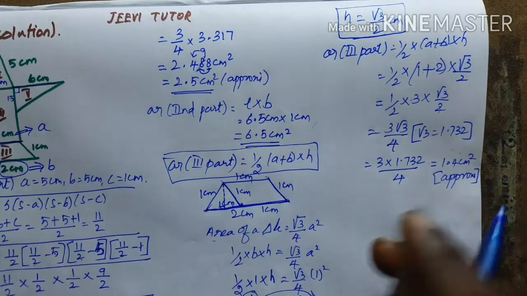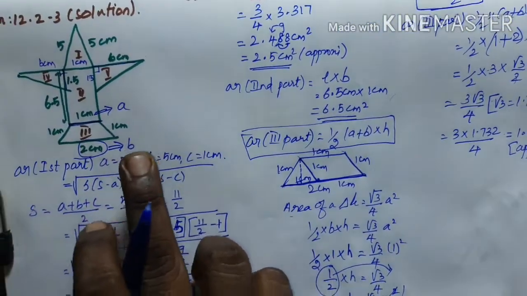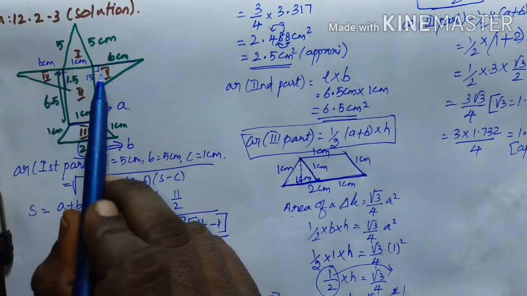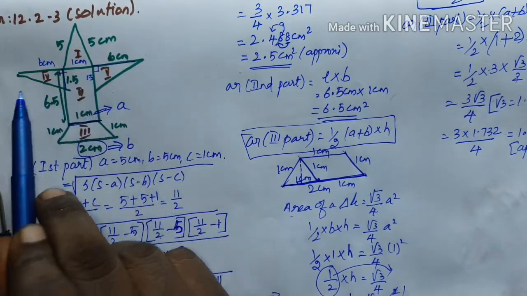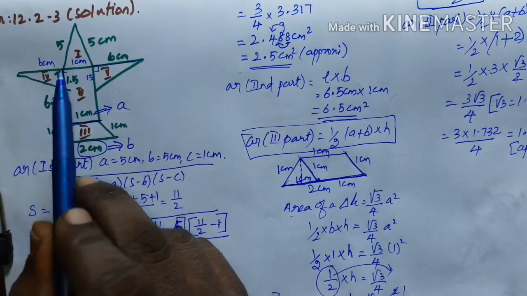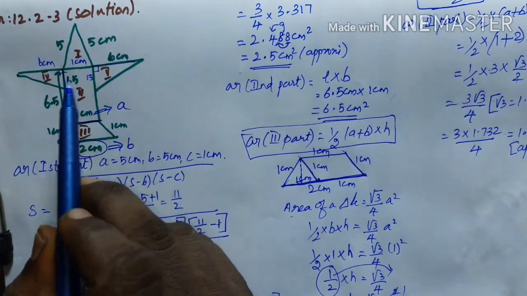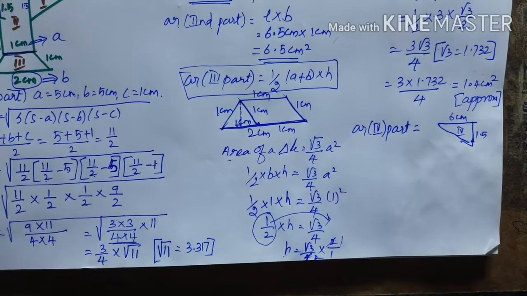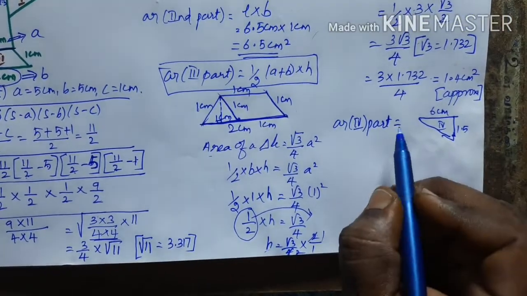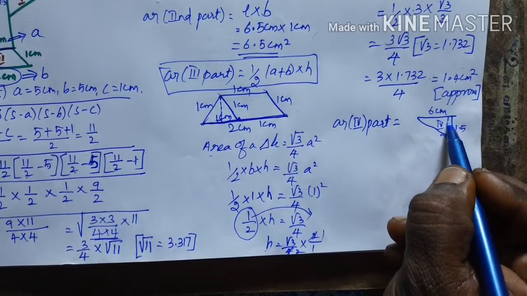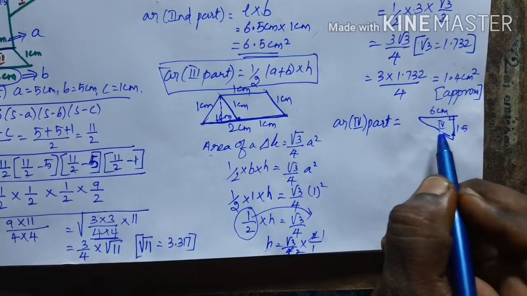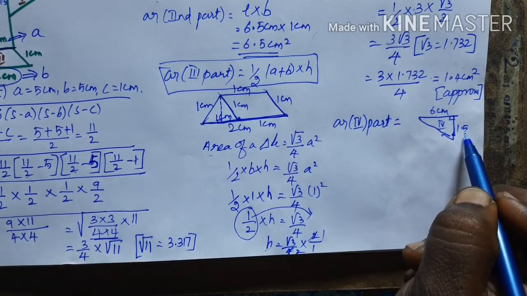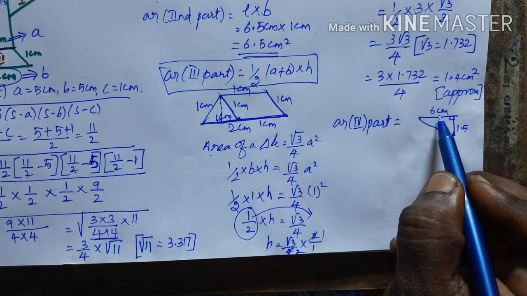Similarly, I am going to find the area of the fifth part as well as the sixth part. And before that, we see that the fourth part and fifth part are similar. So you find one part's area and multiply it by 2, and you will get the area of the fourth part as well as the fifth part. For your reference, I have drawn the diagram also. See the diagram, this is the fourth part as well as the fifth part, because both are similar. It is in the shape of a right angle triangle, so the base value is 1.5 and the height value is 6 centimeter.